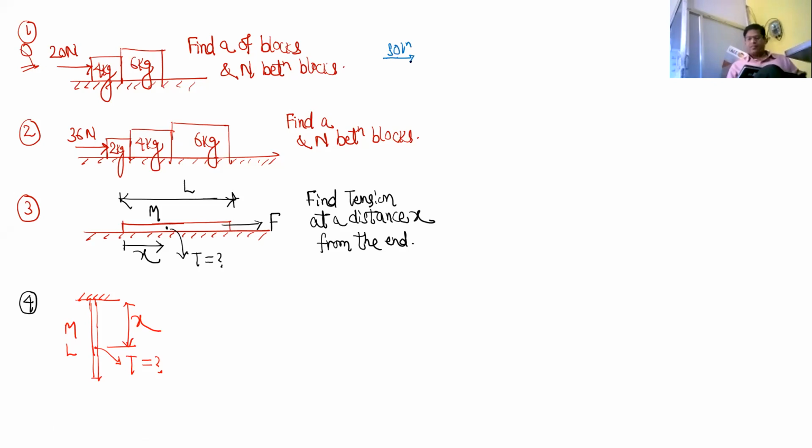If the blocks are moving together with same acceleration in magnitude and direction, then they can be taken together as a system. So that becomes easy. Here acceleration you can directly write down: net force, that is 20, by total mass, that is 10. So this comes out to be 2 meter per second square. Now once you find out acceleration, to find out normal reaction, just draw the free body diagram of any one of them and you can solve it. So let's draw the free body diagram of the 6 kg block.